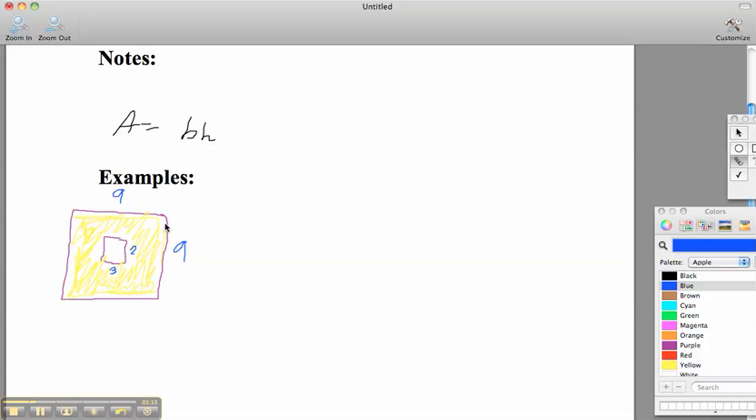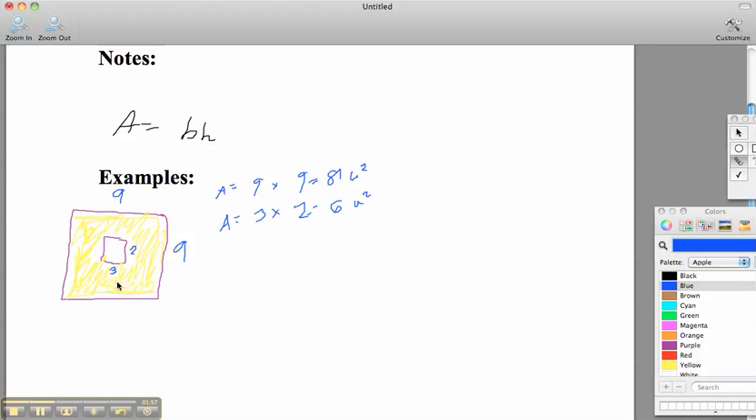Well, first thing we can do is we can find out what the area of the entire big square is, which is going to be area equals 9 times 9, which is 81 units squared. Now we know the whole area of the whole figure. Now, what is the area of the smaller square? So area of the smaller rectangle is going to be 3 times 2, and that, of course, is 6 units